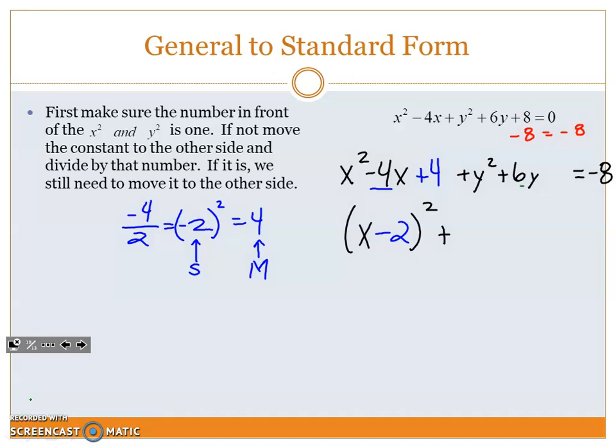Now I need to find my magic number with my y's. I've got a positive 6 there. So I'm going to take a positive 6 divided by 2, gives me a 3. 3 squared gives me a 9. Again, 9 is my magic number. 3 is my secret number. Okay? So I'm going to go